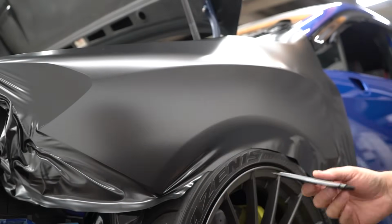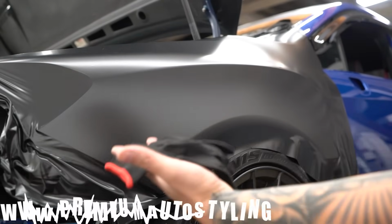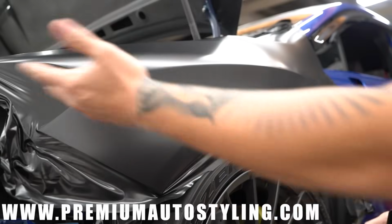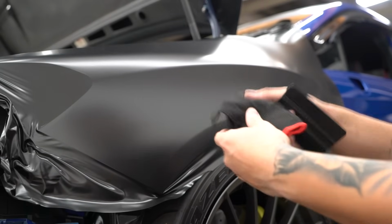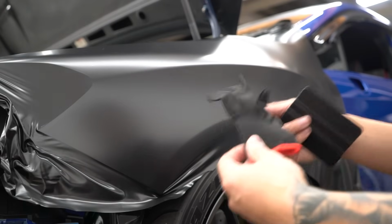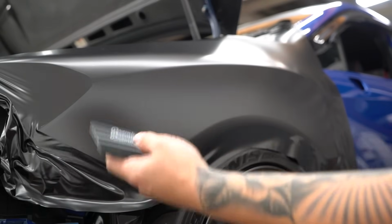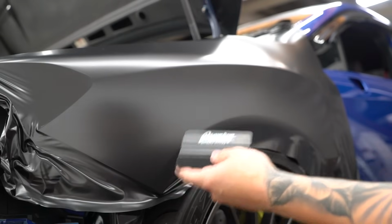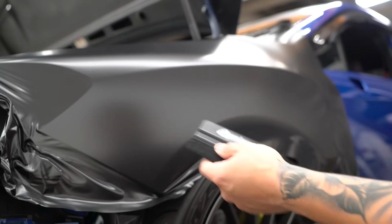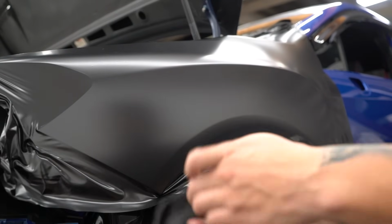All right, before I get to laying, you guys ask in the comments all the time, what do I use to wrap? I'm using the Premium Auto Styling wrap glove here. As you're wrapping, as you're putting your hand on the floor, it gets dirty and just looks like garbage. So having this glove be black helps a lot, as well as it's just a nice smooth gliding glove, which is most important. And then also squeegee, Premium Auto Styling squeegee, best squeegee in the game in my opinion. We went through so many different variations to get where we're at with this one. I just love it. So that's what I'm going to use throughout the process here. Throw this glove on